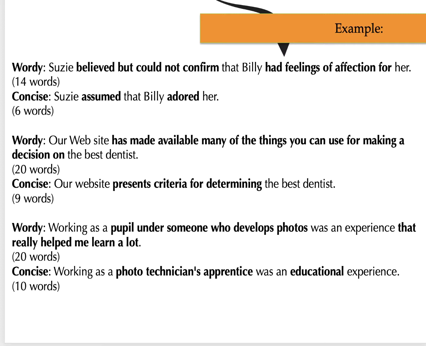Susie believed, but could not confirm, that Billy had feelings of affection for her, and that could be cut down to: Susie assumed that Billy adored her. My undergraduate was mathematics, and when you're very analytical, sometimes it's difficult to actually précis or cut these sentences down because you may feel that they don't mean exactly the same thing, but we're looking for an overall feeling of